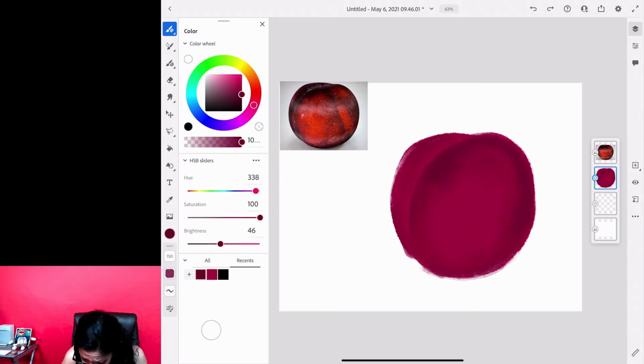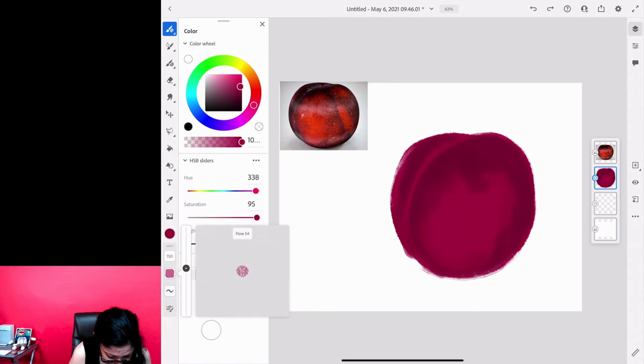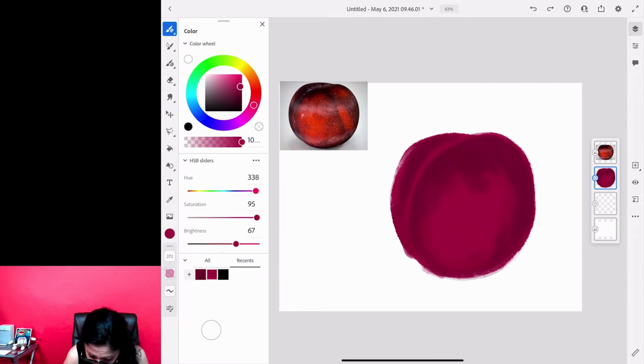And the beauty of the mixer brush is I can add brush strokes, I can add colors, and I can blend them together using only one brush. Now, what I will do, I will switch back to my base color. I will bring flow of my brush down. I will increase size of my brush and I will mix my base color with shadow colors one more time,